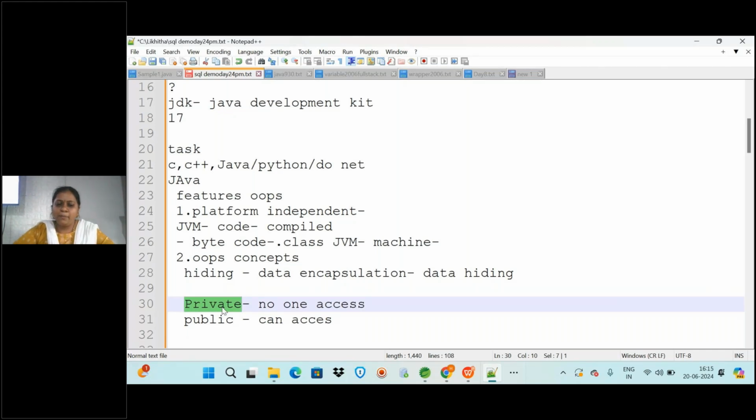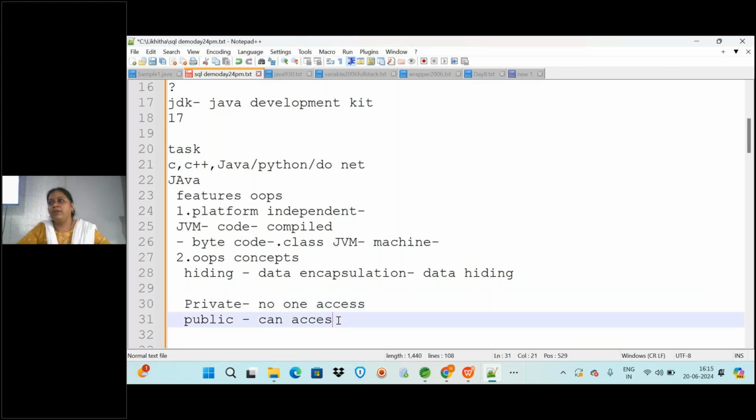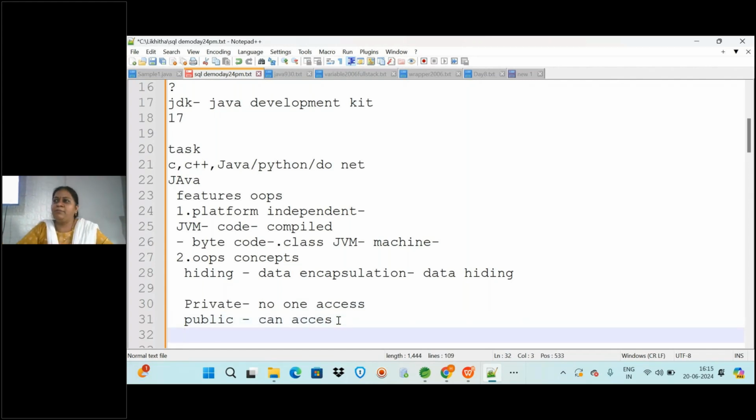Understood? But you may also say, ma'am, I want some information to be shared only with my friends or my family. Sometimes on Facebook, you randomly open a friend's page, but it says it is not accessible. You first have to send a friend request, and only if they accept it will you be able to see the information. For that, you make the data protected.